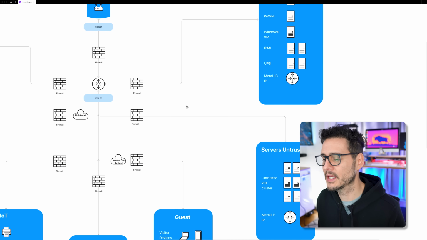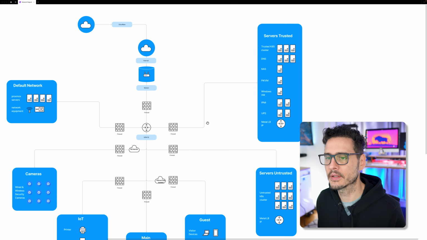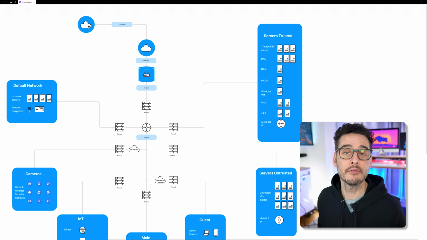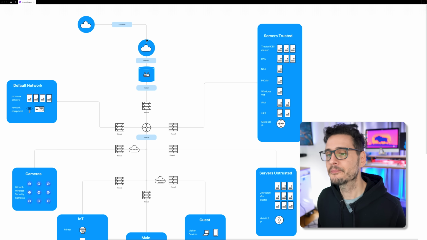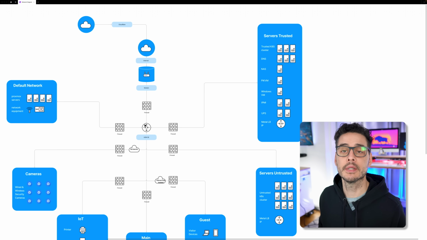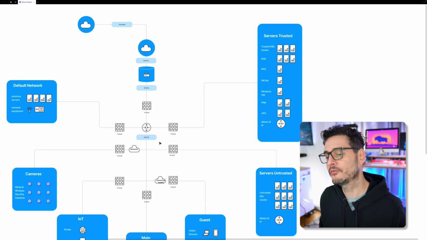So if they come in from the public, they're actually first hitting Cloudflare, which I use for my reverse proxy. That will filter out any bots or anything like that, or any bad actors for the most part. That will come in through Cloudflare. It'll come in through the internet. It'll come into my UDM SE. That will forward the traffic to my untrusted network to this MetalLB IP, and then that will forward the traffic down to my servers trusted, depending on the workload that it needs to get to.